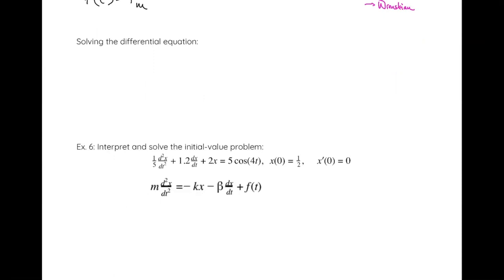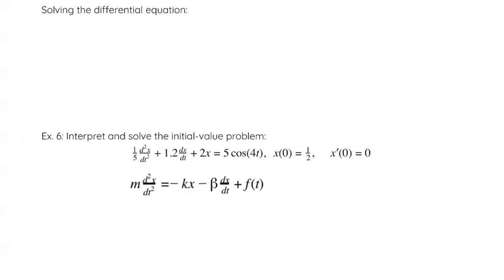Some of the terms have been moved to the left-hand side, but the coefficients should still be the same. The only thing we didn't do is divide through yet. So this 1/5 is actually the mass of whatever we have for our object. So our mass equals 1/5